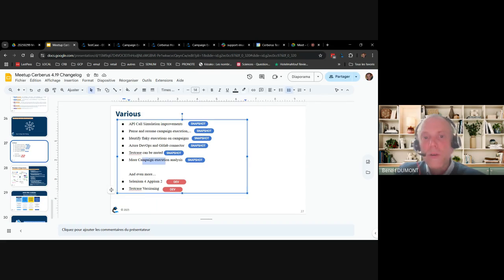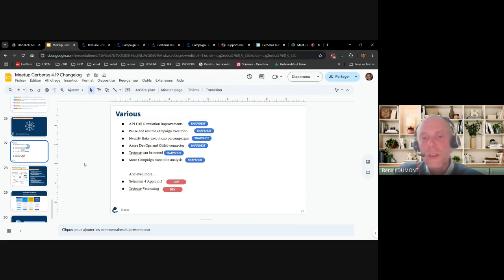And there is more campaign tool GUI execution analysis that has been introduced, a new screen, and that will be activated by default. And even more, which is something that we've been working on for quite a few months now, is the migration to Selenium 4 and Appium 2. The next version will be compatible with both Selenium 3 and Selenium 4, but it will not be compatible with Appium 1.